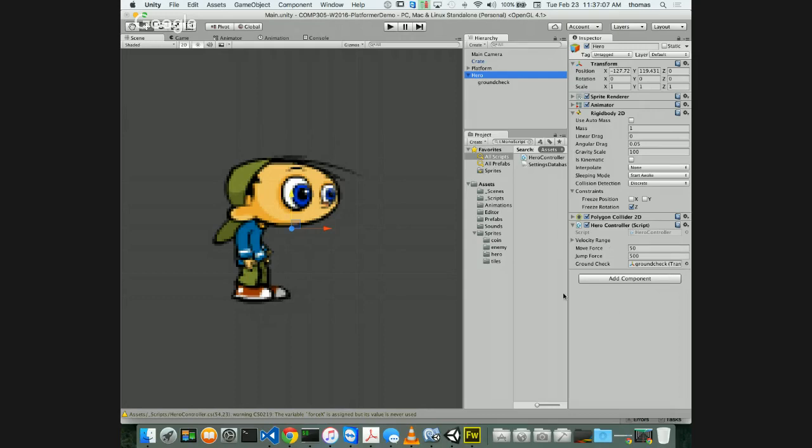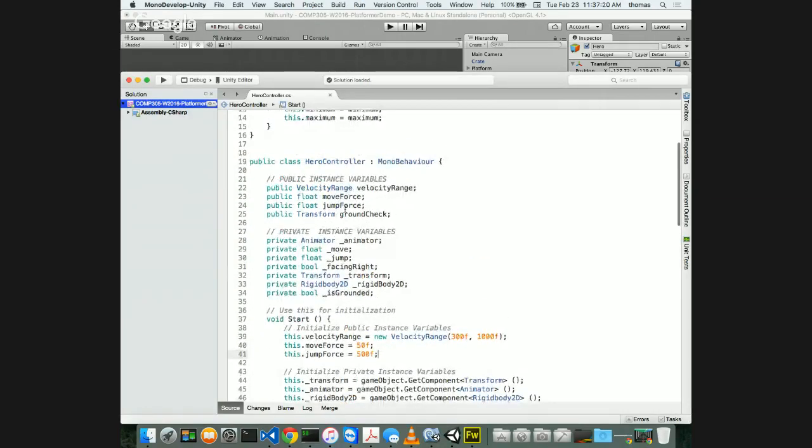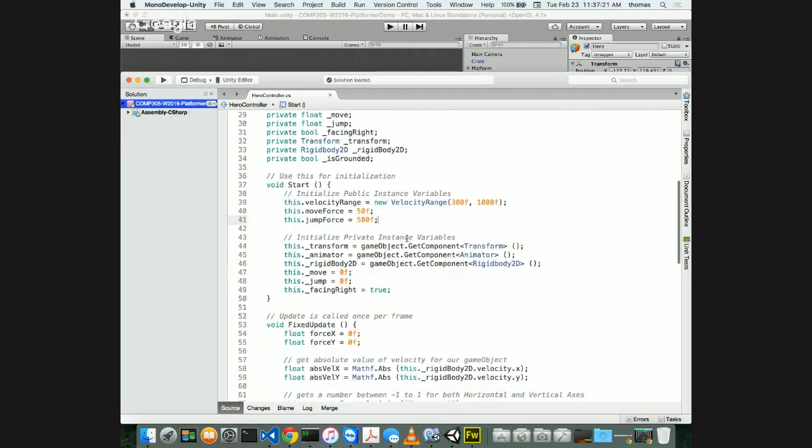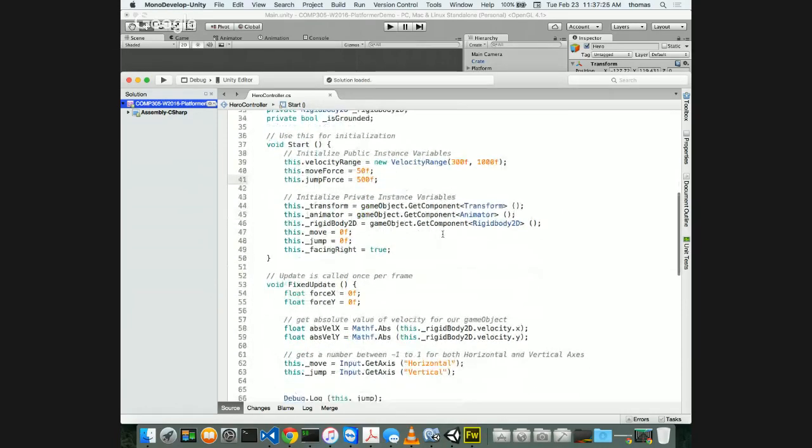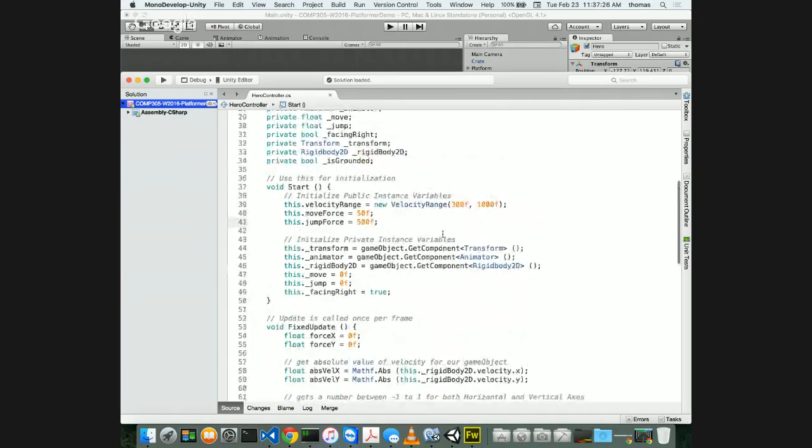Okay, so here's my ground check. It's pointing right down here to the bottom of my hero. And all I did was drag and drop from the empty object down here to my ground check variable. And if you look at my code, here's my code. I created a ground check public transform, and I haven't done anything in my start because it doesn't make any sense. Okay, cool. So now that I have my ground check, and now that I have my is grounded,